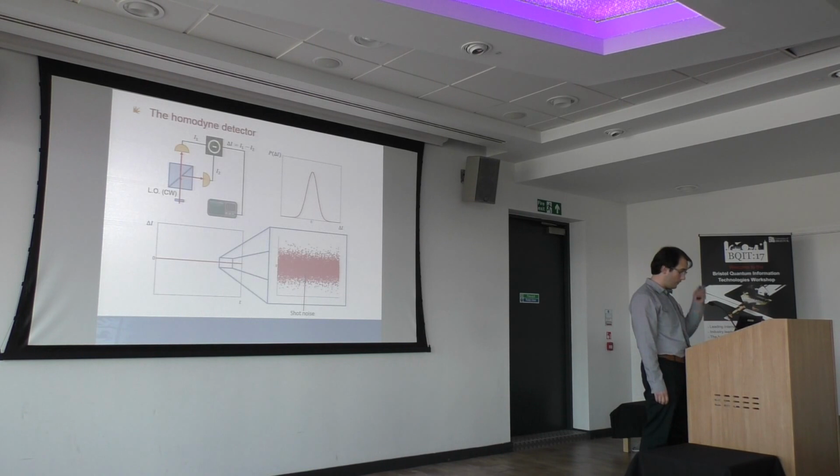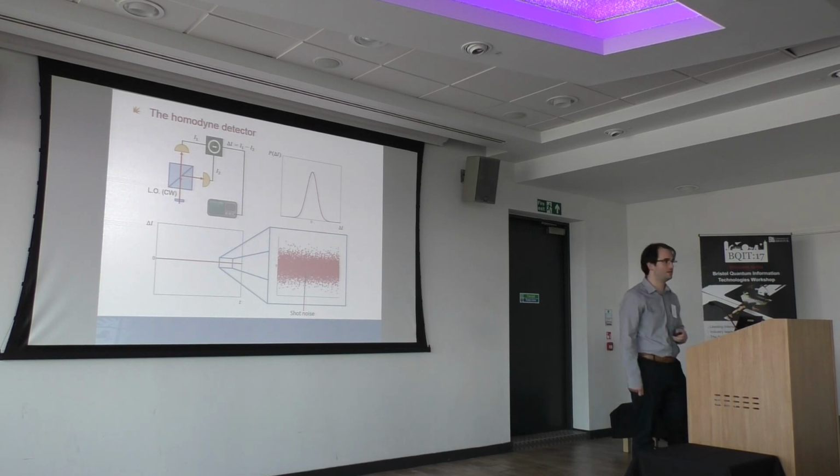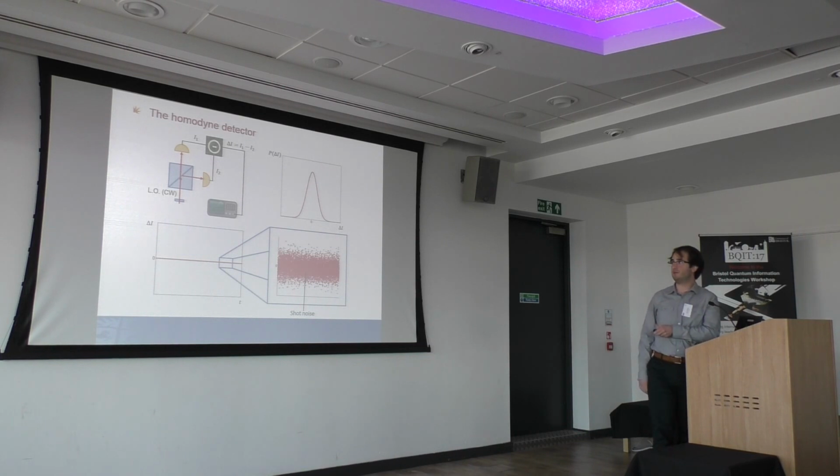homodyne detector. But what exactly is a homodyne detector? At its core, a homodyne detector is simply a phase shifter, a beam splitter, and two classical photodiodes. Okay. So here you can imagine shining a very strong, in the sense that it's visible, laser beam on this beam splitter, and this is a balanced beam splitter, so an equal intensity of light goes here and goes here, and so if we take the subtraction